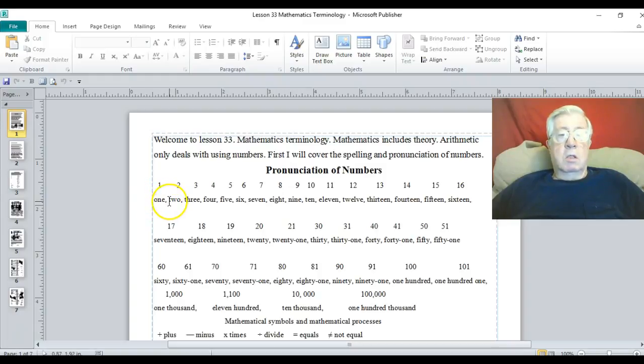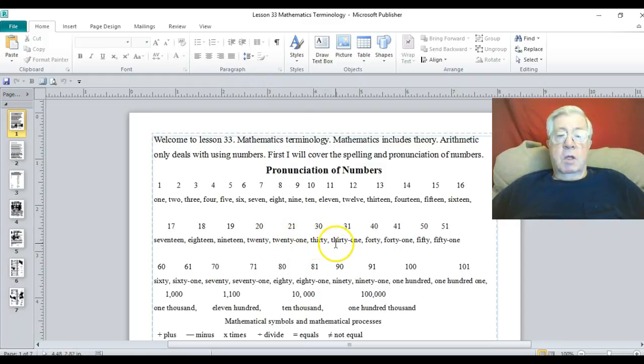1, 2, 3, 4, 5, 6, 7, 8, 9, 10, 11, 12, 13, 14, 15, 16, 17, 18, 19, 20, 21,